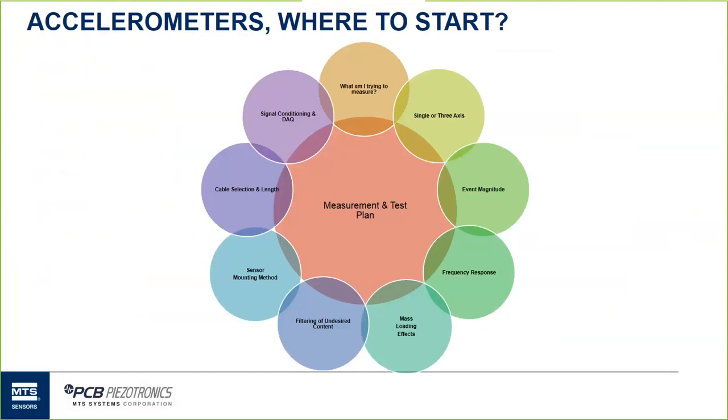So always we typically will ask what the application is, not because we're trying to be nosy, but trying to understand how the product's going to be used, so that we can make sure that we're pointing in the right direction from a product perspective. And then there's both single and three-axis accelerometers. I'm referring to X, Y, and Z, Z being your predominant single axis, and of course the three-axis would be all three orthogonal axes. Event magnitude, whether that be in terms of Gs or meters per second squared,